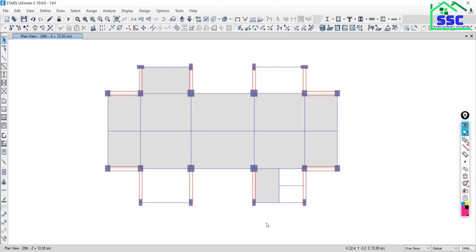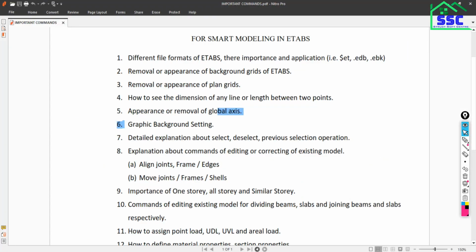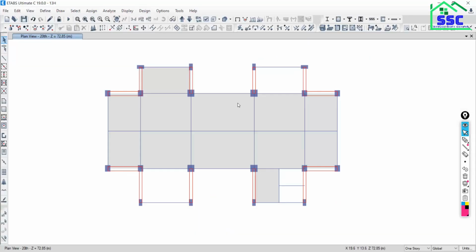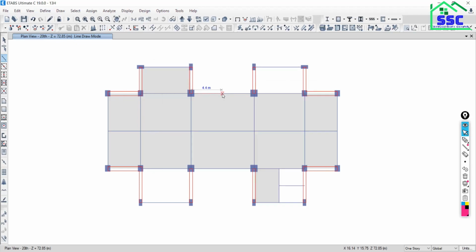So suppose what thing is there in commands, you have to understand dividing this slab. So suppose this slab is there and the beam is there like this. Just close this. Beam is there and I want to break this slab about this frame.